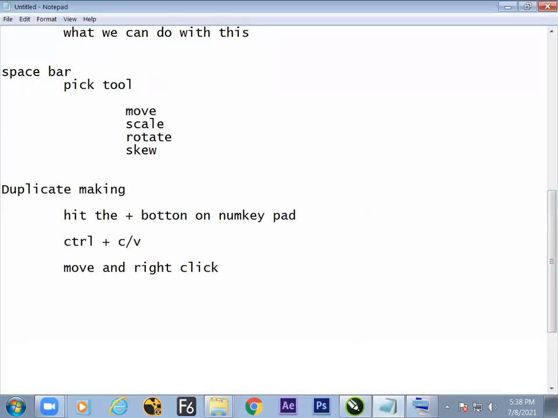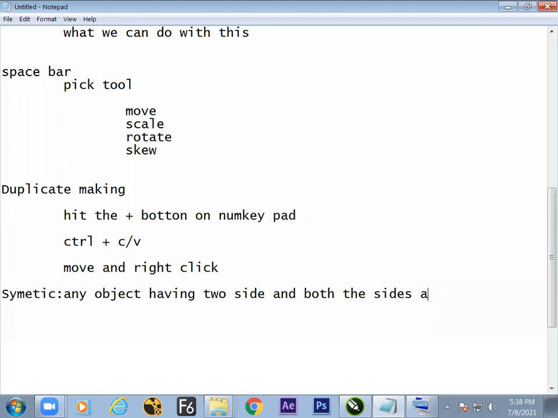And the rule of the design is called symmetric. So now we are talking about a rule of designing called symmetric. What does symmetric speak? Any object having 2 sides, and both the sides are equal, then it will turn into a design automatically. No need to think. Put this rule, get it answered. It is the summary. It is one of the rules of design.